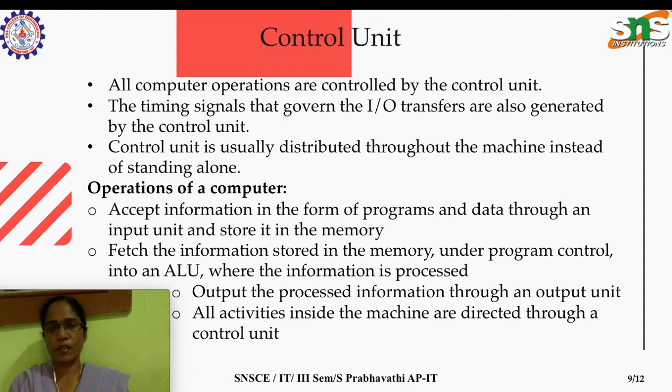The next important functional unit is the control unit. The control unit is the part of the processor which controls all the activities done by the remaining units like the input unit, output unit, memory unit and ALU. The ALU does arithmetic and logical operations. The input unit provides the input. The output unit gives back the result. Memory stores the result. When and where these things should happen is controlled by the control unit.